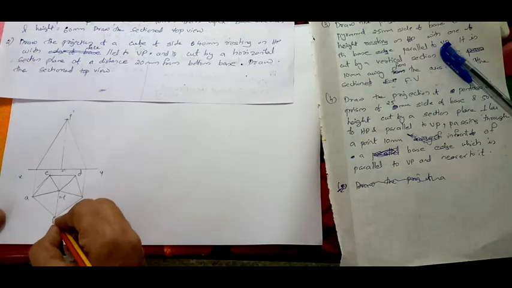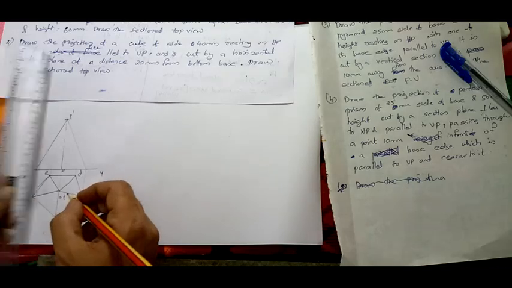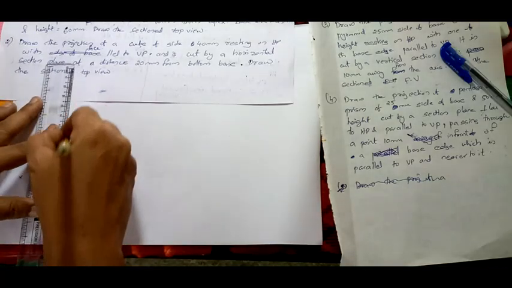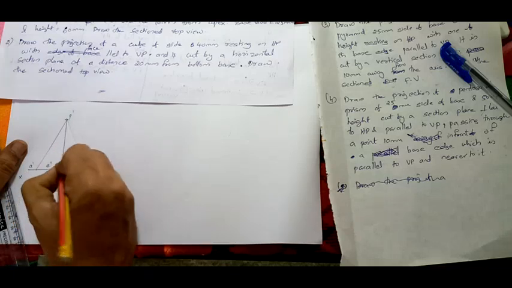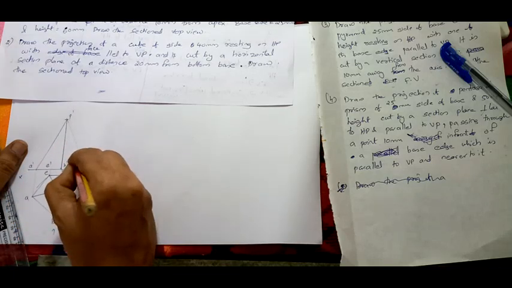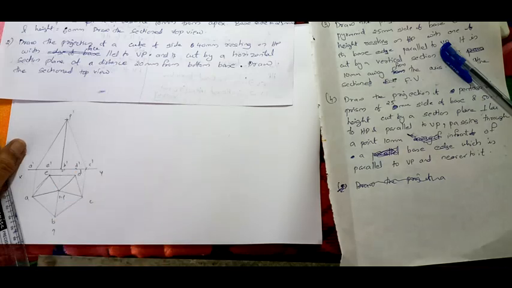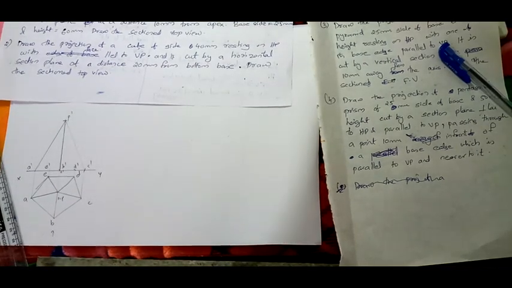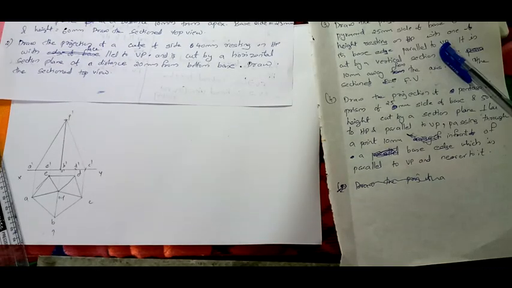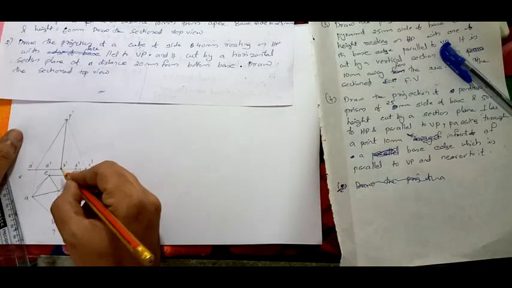From here, if you are looking, you can see this BP, right? So join BP. So A dash is here, E dash is here, B dash is here, D dash is here, and C dash is here. Always name it. In sectioning, if you don't name the figure, everything will go wrong. So it's very important that you draw all the faces and bases, then only will you be able to complete this.